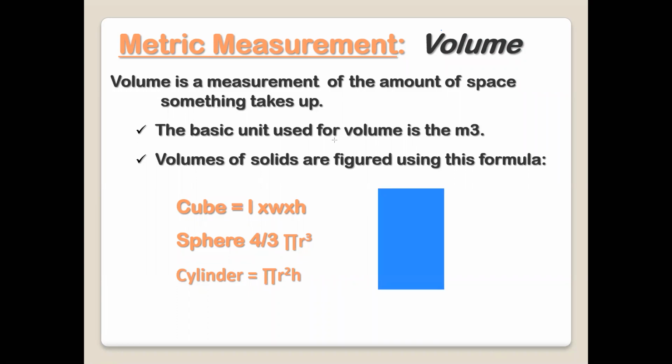This is a cylinder. This is the height of the cylinder, and the distance from the center to the edge, the surface, is called the radius. So if I say a cylinder has a height of 5 meter and a radius of 2 meter, what is the volume of this cylinder? The formula is pi r square